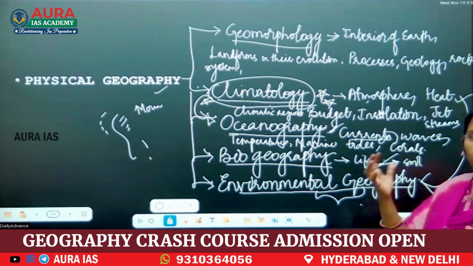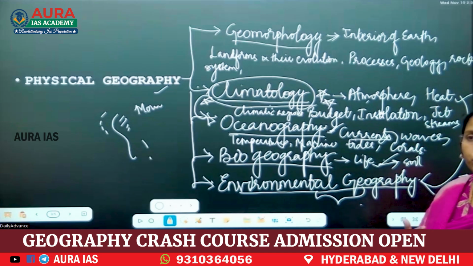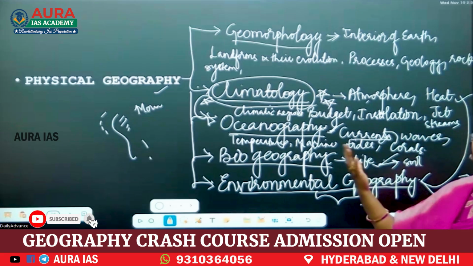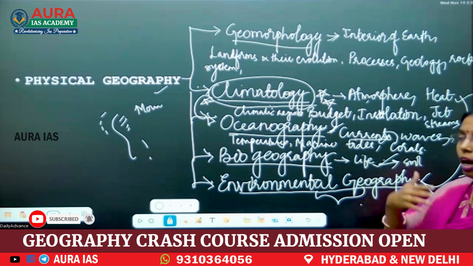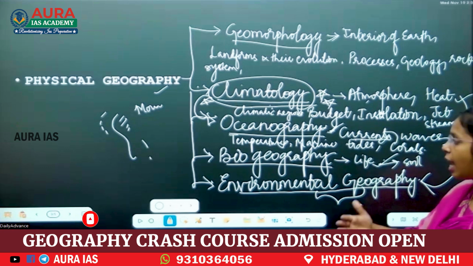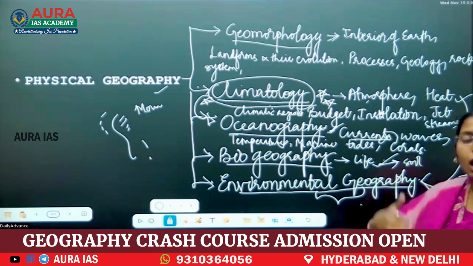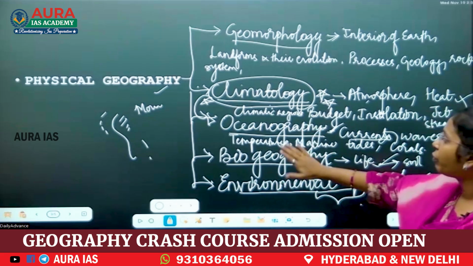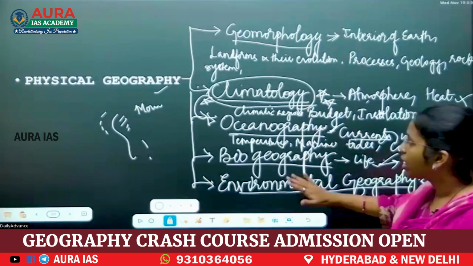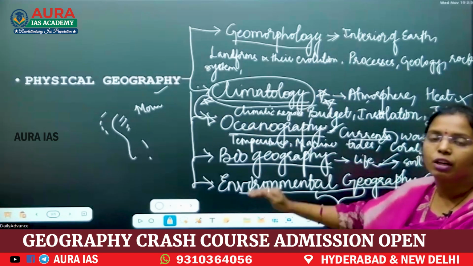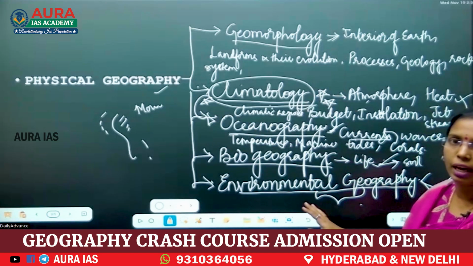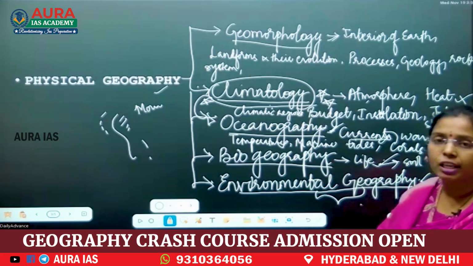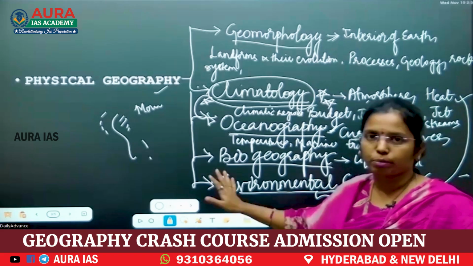How heat absorption, how radiation absorption, how solar radiation is affected, how solar rays are absorbed, all these things, and how it affects our environment and how it affects us humans, all this we have to learn. It means we have to interlink all the sections in physical geography. Then only you will have conceptual clarity. After having conceptual clarity, you feel geography is a very easy subject.